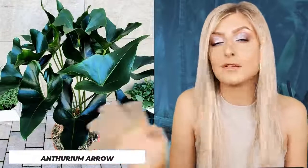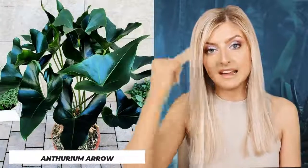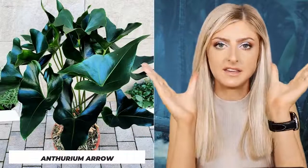If you look at this plant, there's a lot to like. Maybe for some there's a lot to dislike. I quite like it and I do think this looks better in person. The lobes or the depth of the sinus, how deep that arrow is on these leaves, is insane. It grows in a really solid structure. It's less growing horizontally. It grows quite vertically, to be quite honest with you. The leaves kind of sit upwards like this. There are a couple of plants out there that have leaves like this and they almost act as cups, but